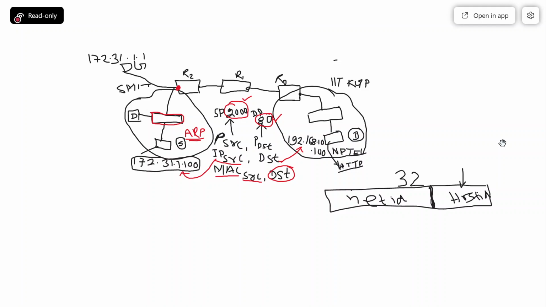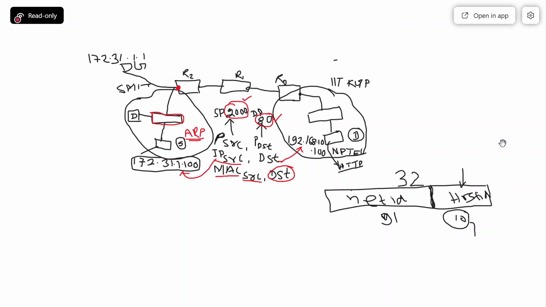If you consider India, 91 is the net ID. Okay, 91 means 2 digits are the net ID, and the remaining 10 digits are the host ID. It means we have reached India, and now within India, which mobile phone. That way we will locate a particular mobile in the entire world.